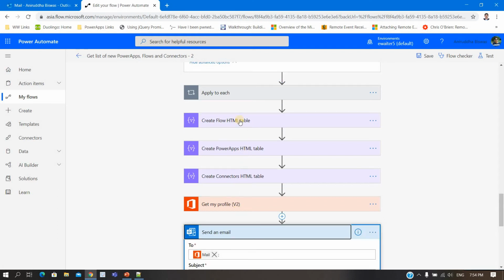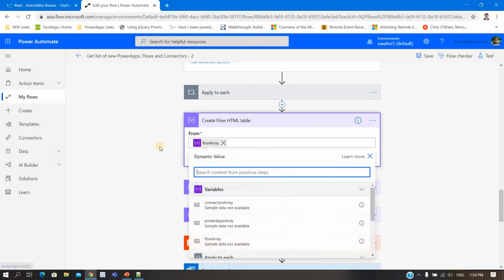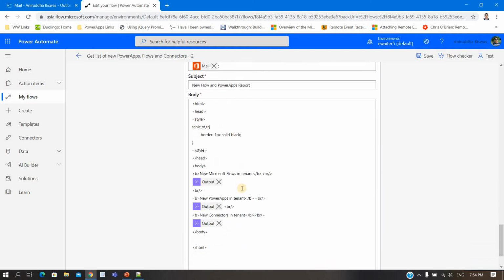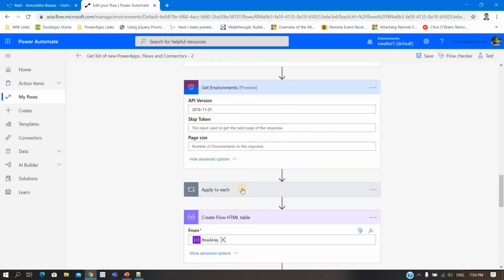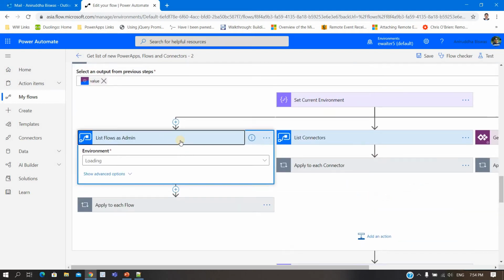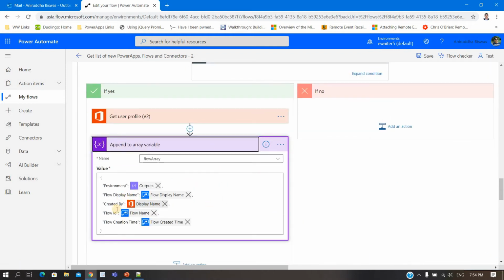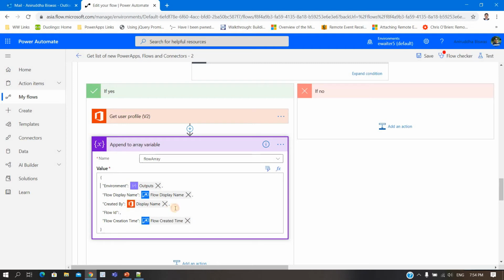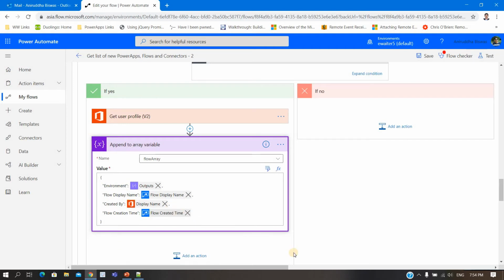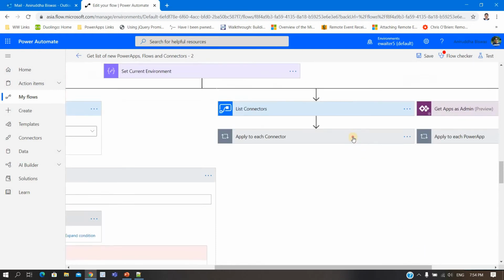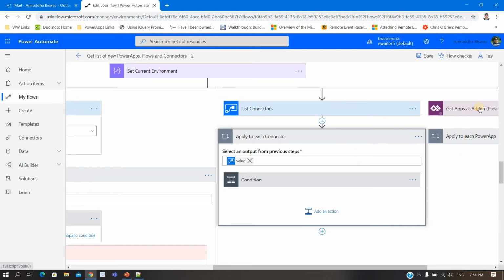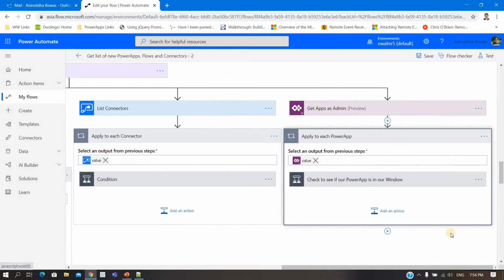And nothing much. Now, what we were saying for the template, correct? For the template, what you need to do is here. As I said, if you don't need this, you just delete it. If you want to change for connectors, you can change. If you want to change for Power Apps, you can change. So you just save and it will automatically run every weekend. Okay, so this is one of the things I wanted to share with you.